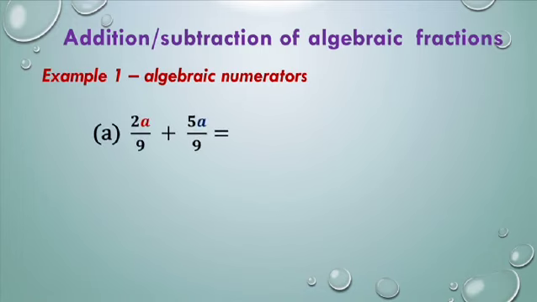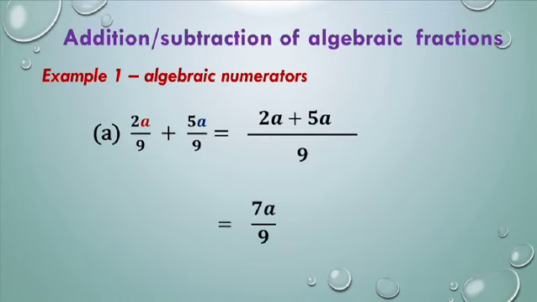Part A, 2a over 9 plus 5a over 9. So here it is quite simple. I have the same denominator. Both have denominator 9. So the common denominator is 9, and I just need to add 2a to 5a, which gives me 7a over 9. Part B,